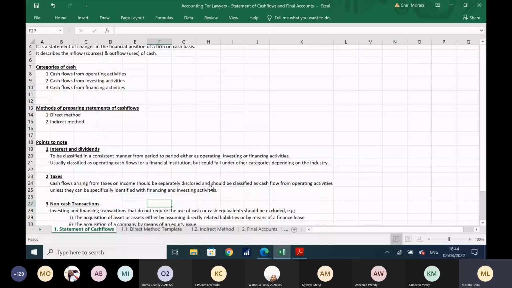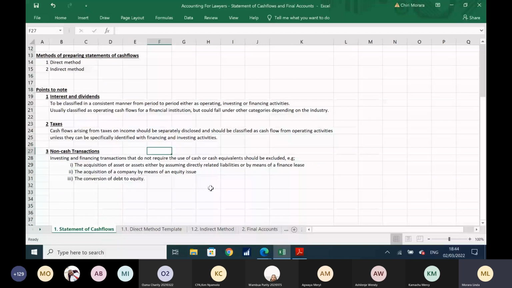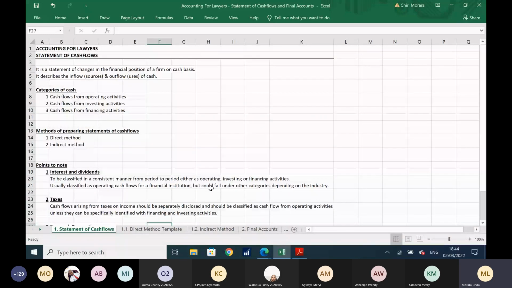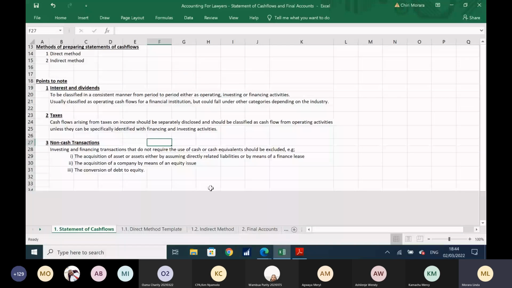And finally, I should point out non-cash transactions. Again, as we said, here you're just concerned about how cash is flowing. If there was no cash flowing in this transaction, then that thing should not even get near your statement of cash flow. An example,